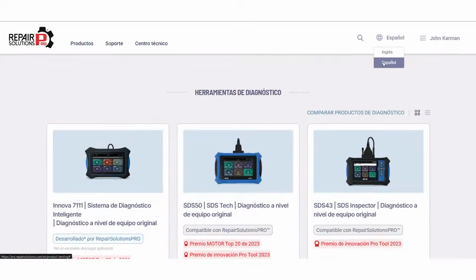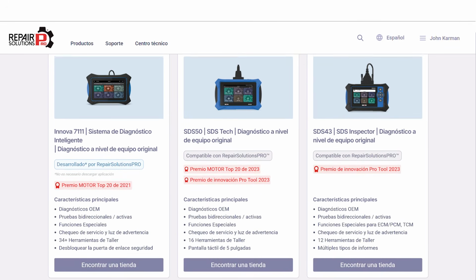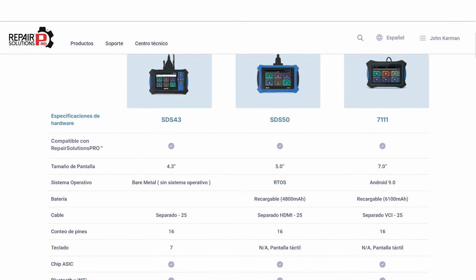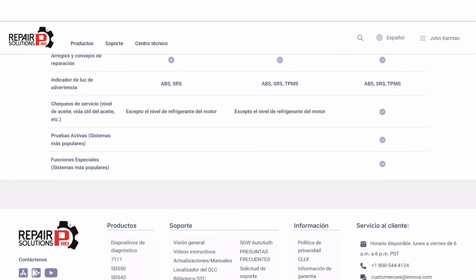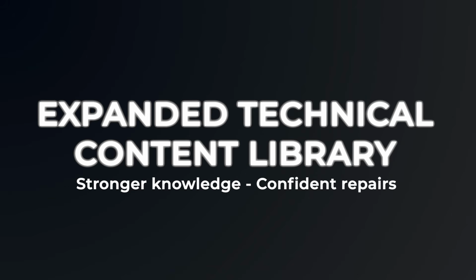Now, with just one click, you can experience the entire RepairSolutionsPRO platform in Spanish, making diagnostics smoother, faster, and easier for Spanish-speaking technicians. And that's not all. We've broadened the technical content library to give technicians deeper insight, stronger diagnostic confidence, and the tools to stay ahead